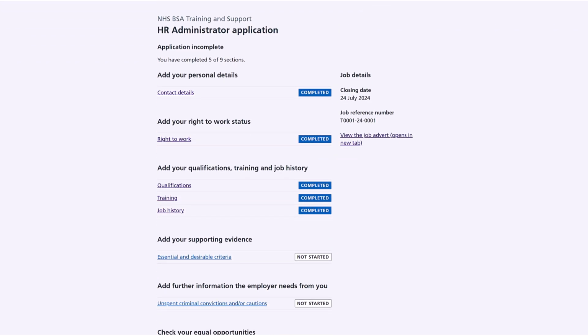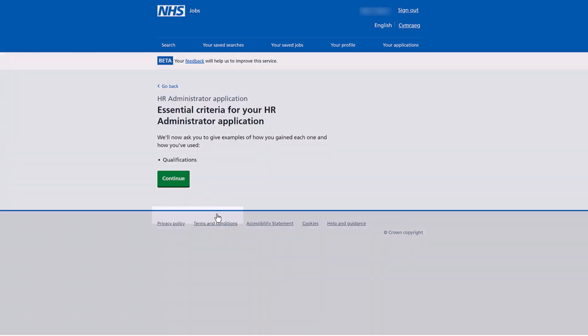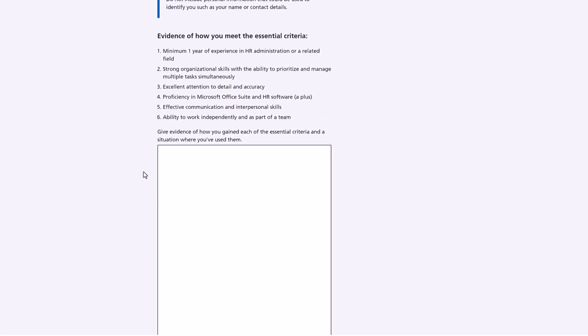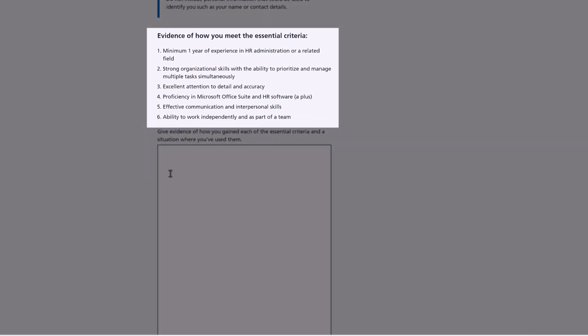Next, I'll choose Essential and Desirable Criteria. Be sure to have your qualification information ready before you click Continue. And remember, don't add any personally identifiable information to these sections. And this is where you'll add the evidence that you meet all of the essential criteria. You can see the essential criteria above the text box.